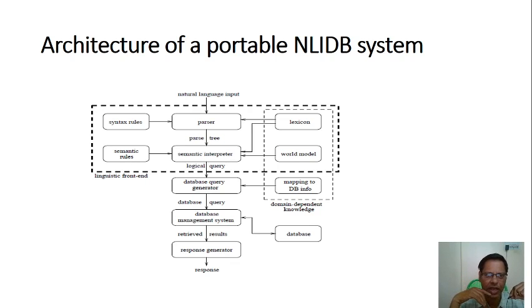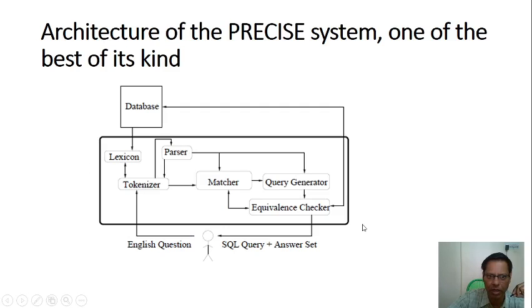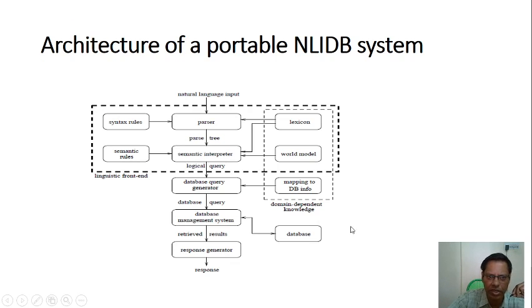Here we can see the architecture of the NLIDB, Natural Language Interface to Database. The architecture explains how the natural language input is processed. The natural language architecture is divided into syntax rules, parser rules, and lexicon rules. Parser rules are divided into the parse tree. Just now we have seen the parse tree. Again it is going to divide based on grammatical categories like verb, noun, adverb.